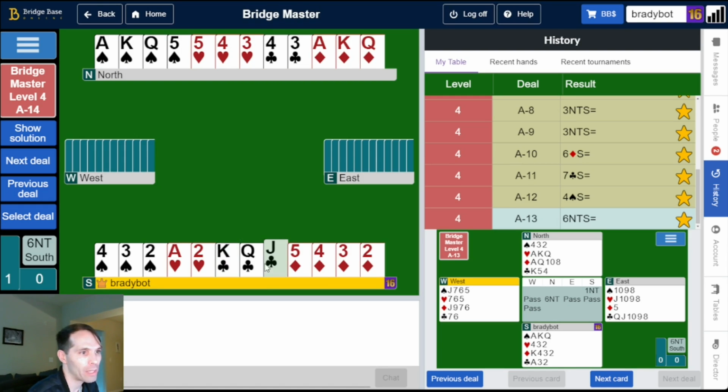Now we play the king, queen, jack of clubs and the ace of hearts. How many cards do we have left in our hand? We have 3 spades, 1 heart, and 1 diamond. And what is dummy going to have left? I guess they'll have ace, king, queen, 5 of spades, and the 5 of hearts. So, who showed out West, is it possible that East could still have guards in